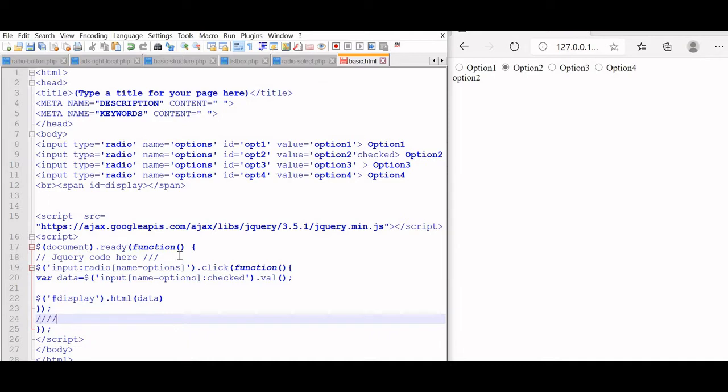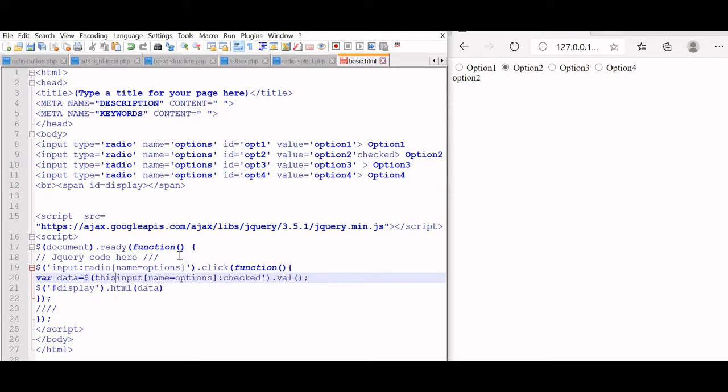Now in the display, we'll get the data like this. So now we can pick up the value and store it in a variable data and display it.